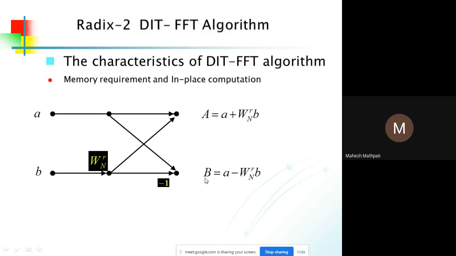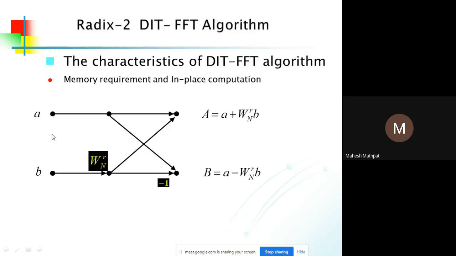Capital A we are calculating from the values of a and b, and capital B we are calculating by subtracting, a minus b. So here one butterfly requires